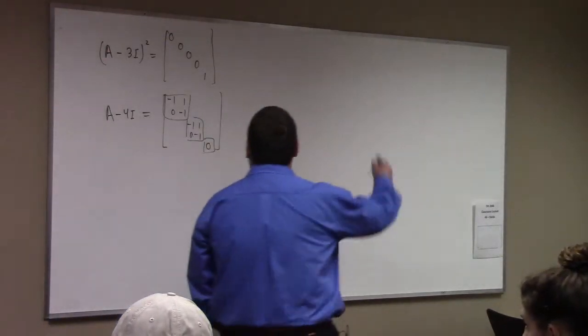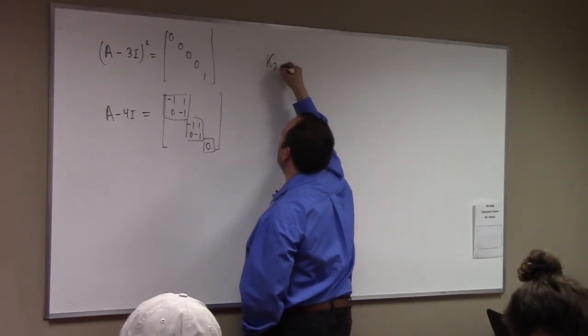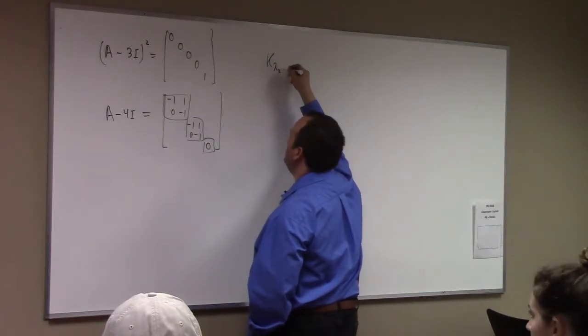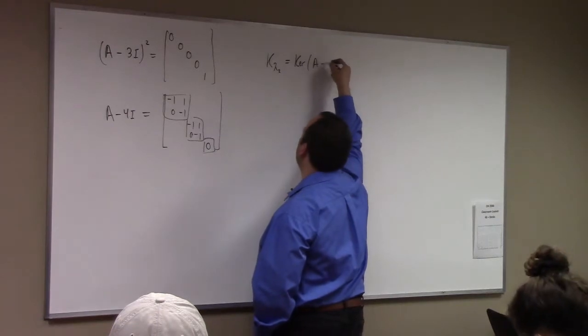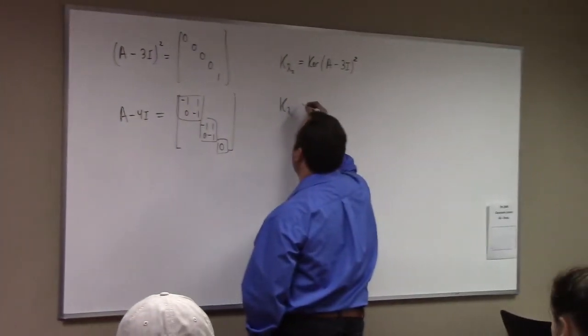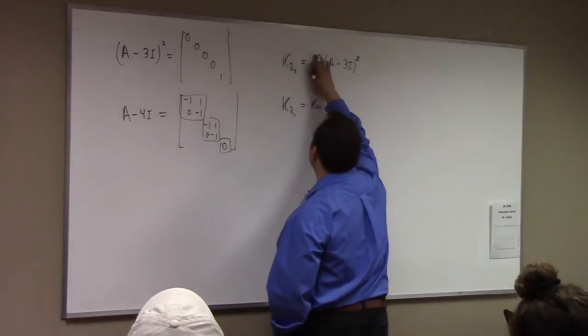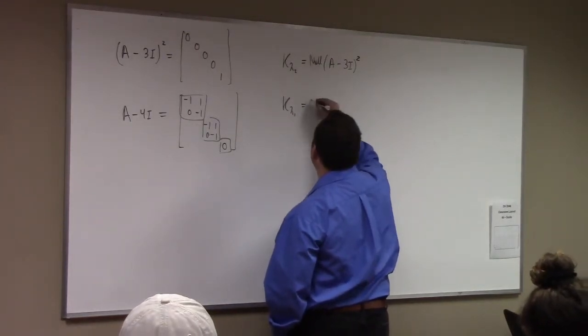And in fact, if you think about these matrices, you can see that the generalized eigenspace for eigenvalue 2 is the kernel of a minus 3i squared, I think, actually. Whereas the generalized eigenspace for lambda 1 is actually going to be the kernel, oh, I'm sorry, null space, I should say. Now, this I have not told you guys before, so I'm just telling you something I just noticed.